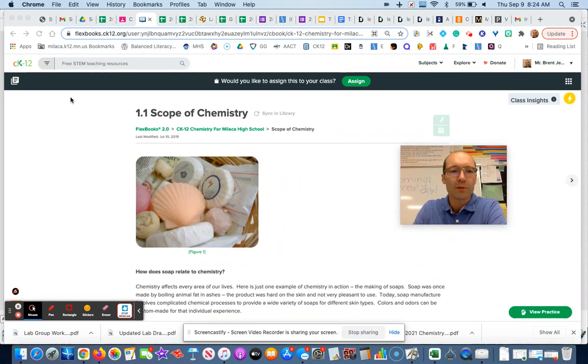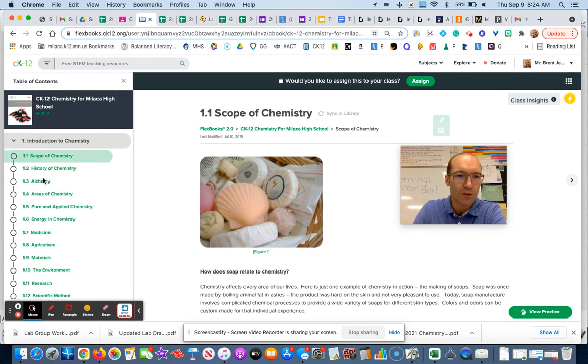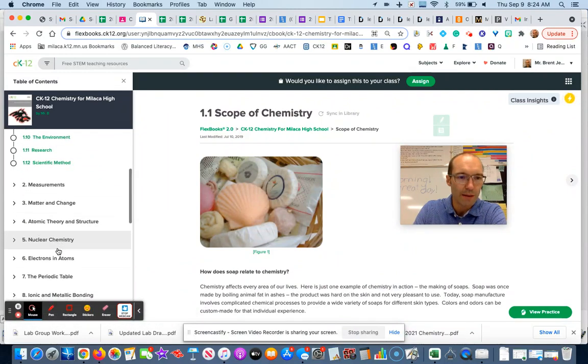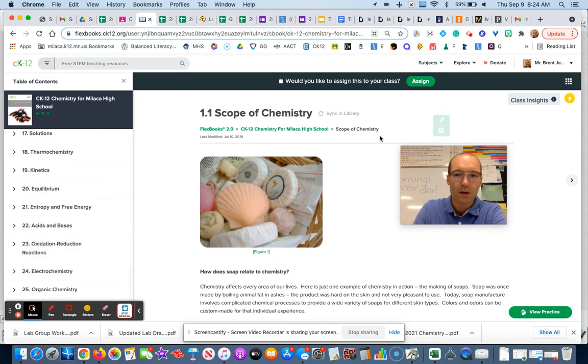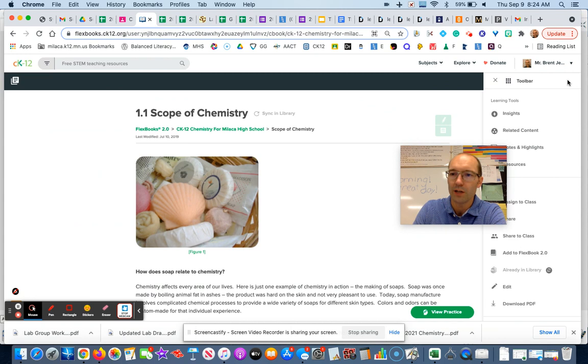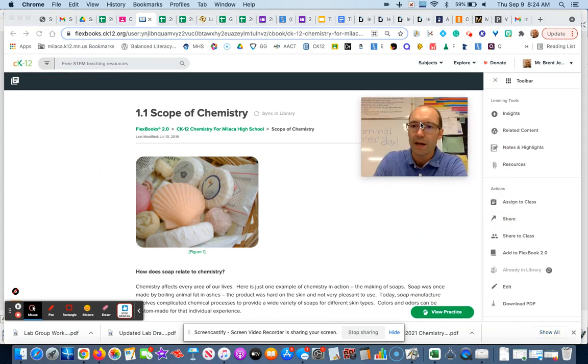I want to point out a couple other things as well for how you can navigate with the book. There's this button up here, which is the table of contents. So if you want to skip to a different section, you can. You can see how many chapters are in the book over here. I'll also point out this, I call it the waffle up here in the top right, has some different things